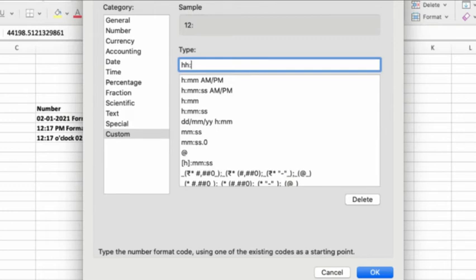Then we want a colon, and then 2 digits of the minute, so MM. And finally, we also want this to not be in military time. We want this to be in AM PM time. So I can provide AM/PM. And as you can also see from the preview, that is what we are going to expect as a result.